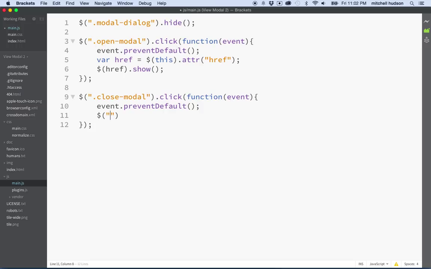everybody that's a modal dialog can hide. You should only have one modal showing, and just doing this hides them all, which I think is okay, because you should only have one showing anyway, and the rest should be hidden. So, and there you go. Let's give it a try. So we'll save this and